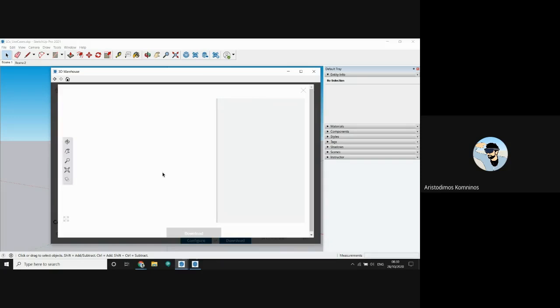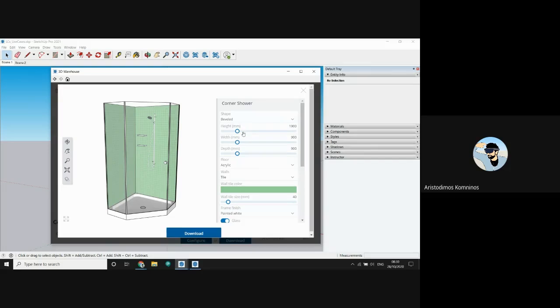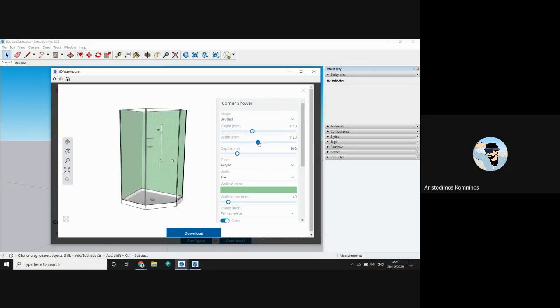You could spin it around as you could regularly do with any asset, any object in 3D Warehouse. But on the right-hand side, you will notice that there is a new list of parameters that practically allows a user to customize their object before they download it. Now you will see a number of drop-down menus,